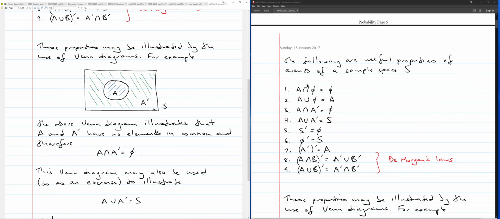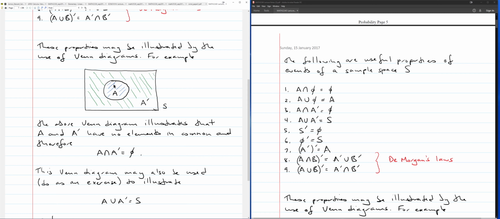Okay, so let's take a look at some properties of events of a sample space. I have these over here, and to justify these, it's useful to show some of them using Venn diagrams. So for example, this one over here, where A intersect A complement is the empty set. If you consider this Venn diagram over here,